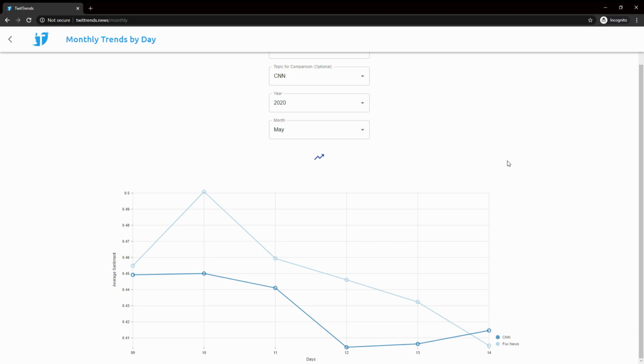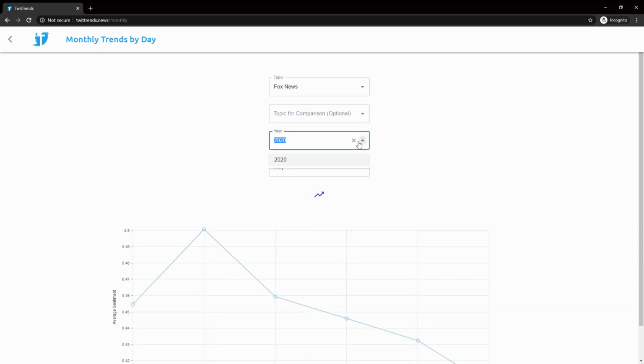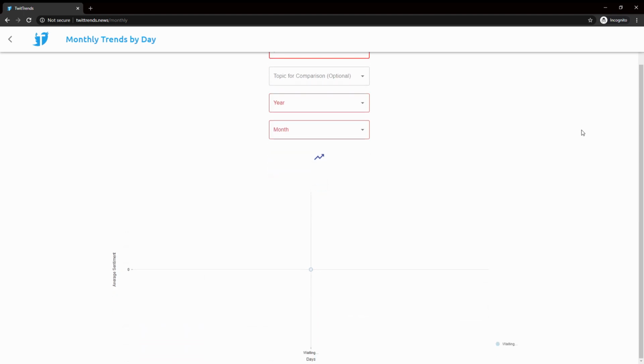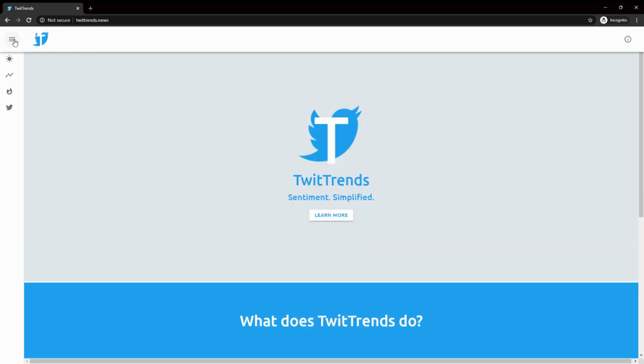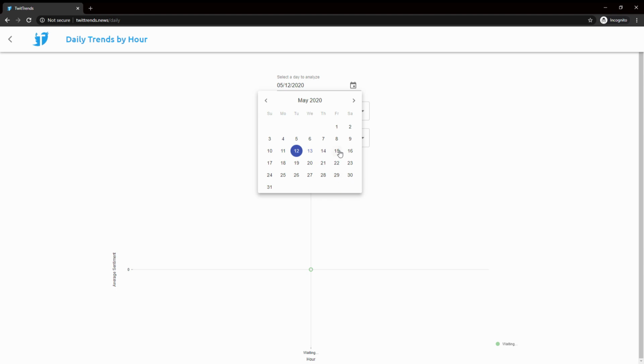So again, just similar to the other graph, there's form validation, and so if you don't have anything submitted, it'll tell you that you can't do anything, and that there's nothing there. And so this is just a really cool demonstration of the monthly trends. Now let's move over to the daily trends. So this is just a little bit different in that now you can select the exact day that you want to analyze. So if I wanted to do May 10th and I wanted to pick a topic,